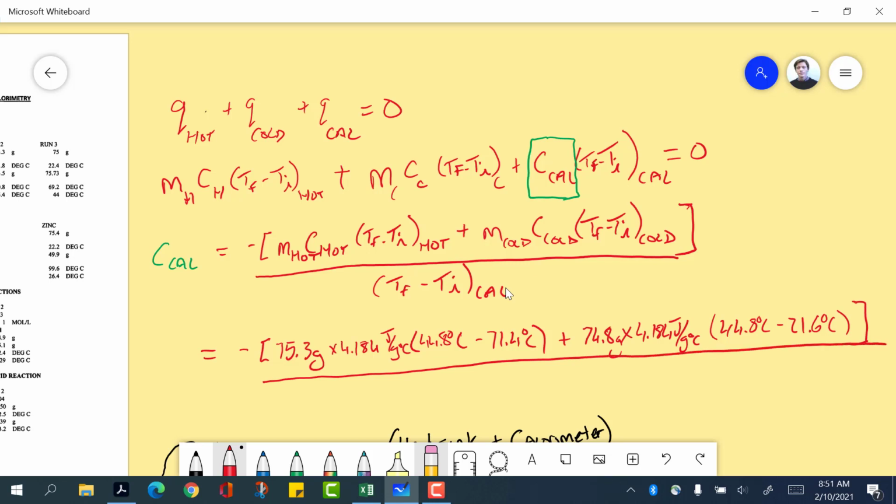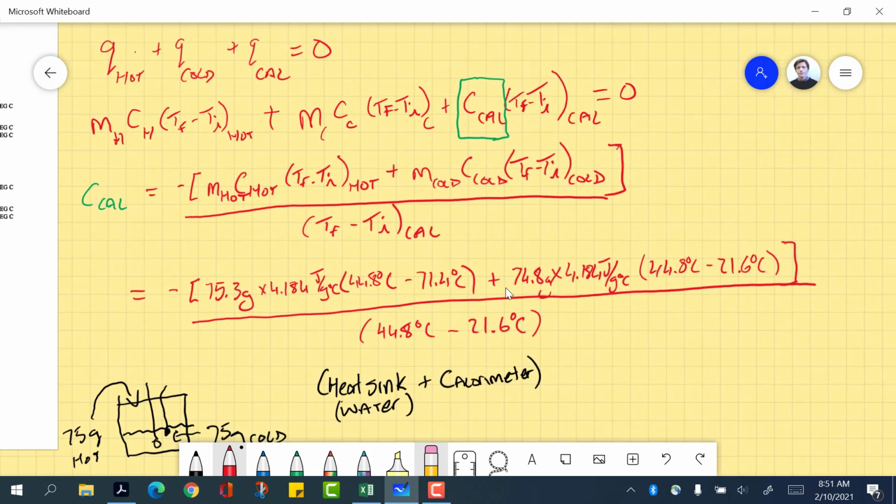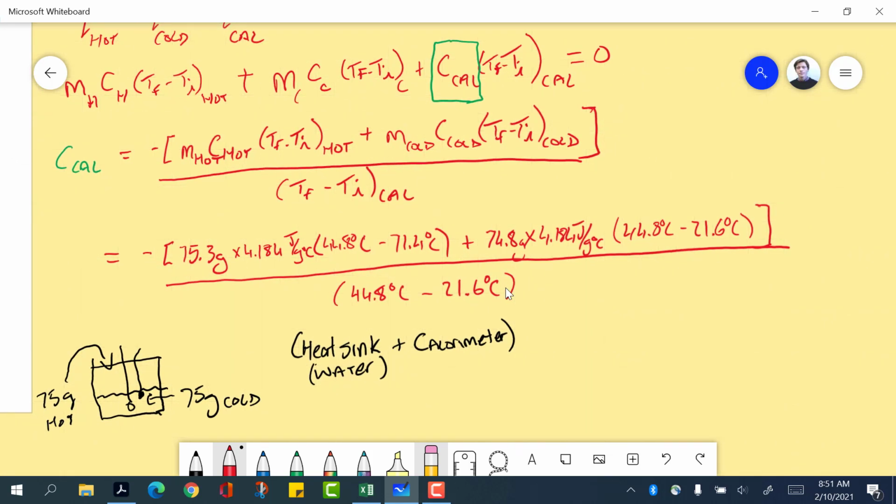And then the change in temperature of the calorimeter is going to be the same as the change in temperature of the cold water there, right? Because the cold water was sitting inside the calorimeter. So the final temperature of the calorimeter is going to rise up to 44.8 degrees Celsius, and it started at 21.6 degrees Celsius. There we go. And what will happen is our units will cancel out, and we'll be left with a value in joules